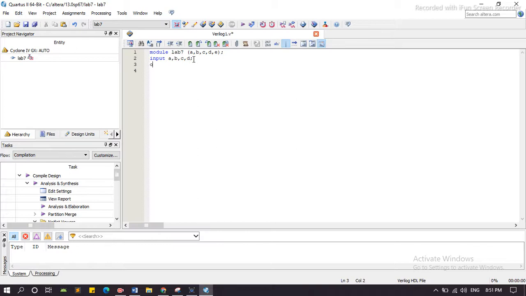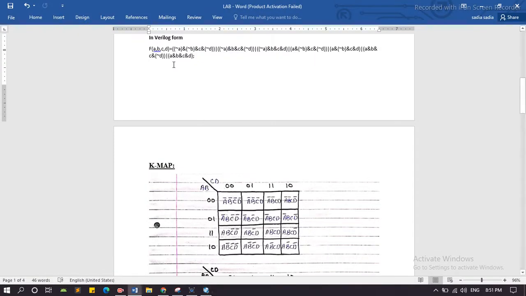Now we declare the output, and now we assign the output is equal to, and here we write the expression.